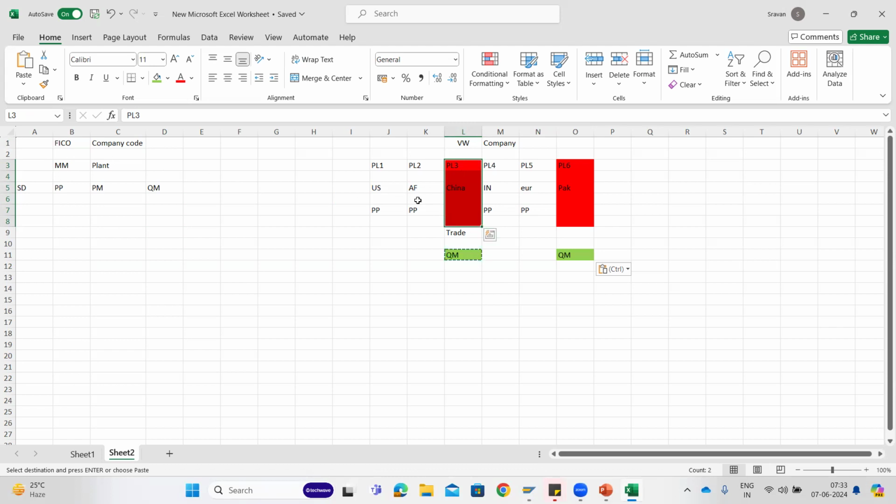But this is the hierarchy. So now, in the same way, the plant maintenance person will also see it. QM is independent. So the plant maintenance person will say, okay,